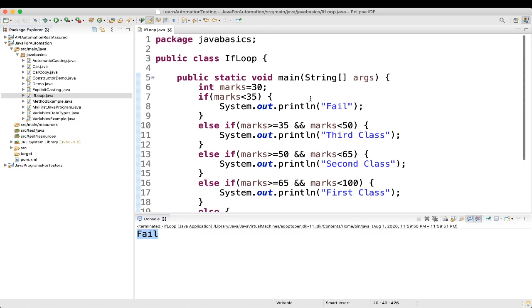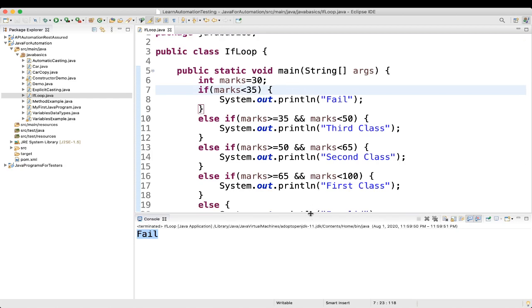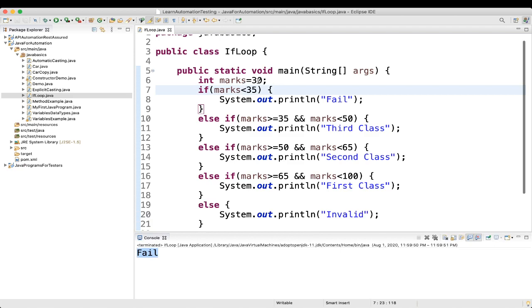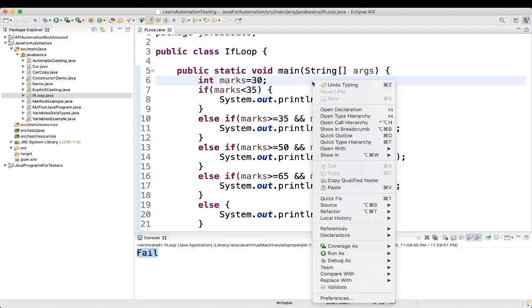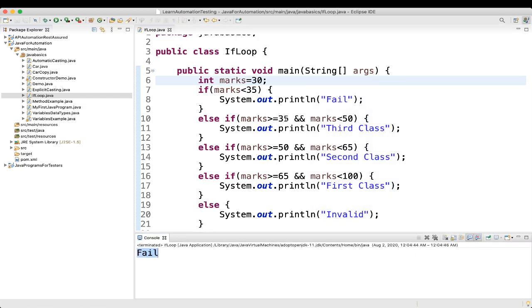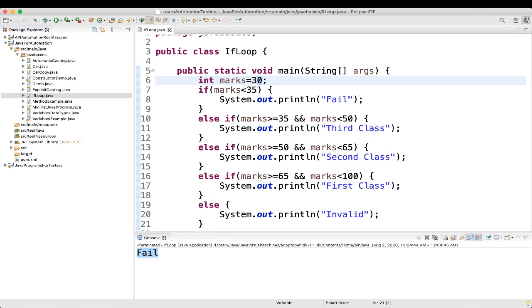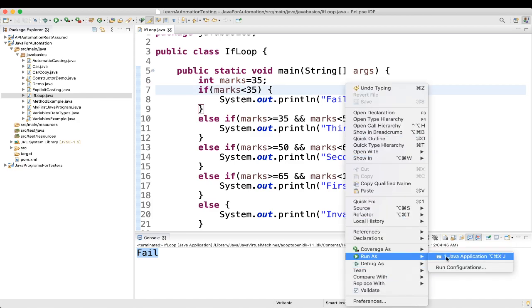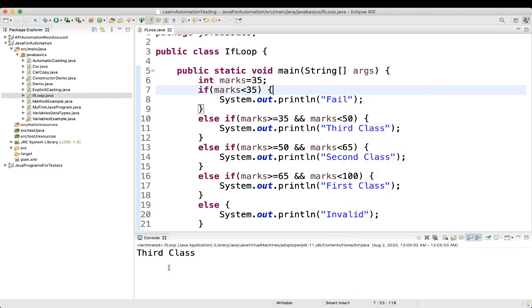So let's execute it. It should give us the result as fail because we are keeping 30. It's fail. For example, if we want someone to be in third class, it should be between 35 and 50. If I keep the marks as 35, let's see, it is third class.